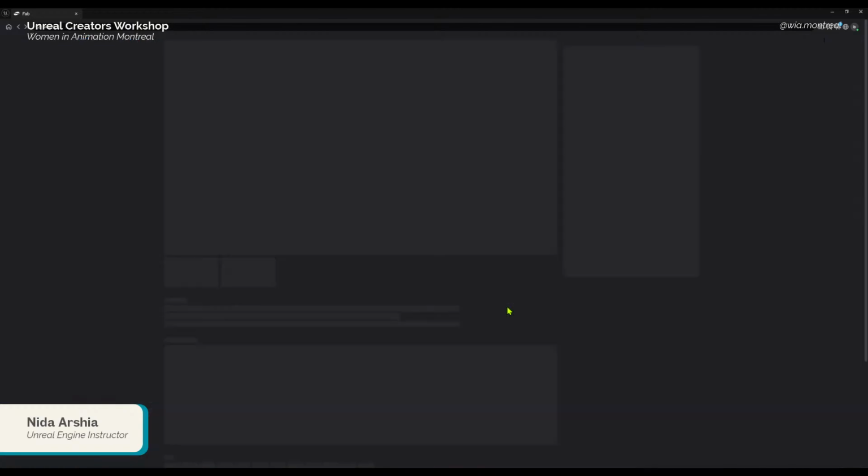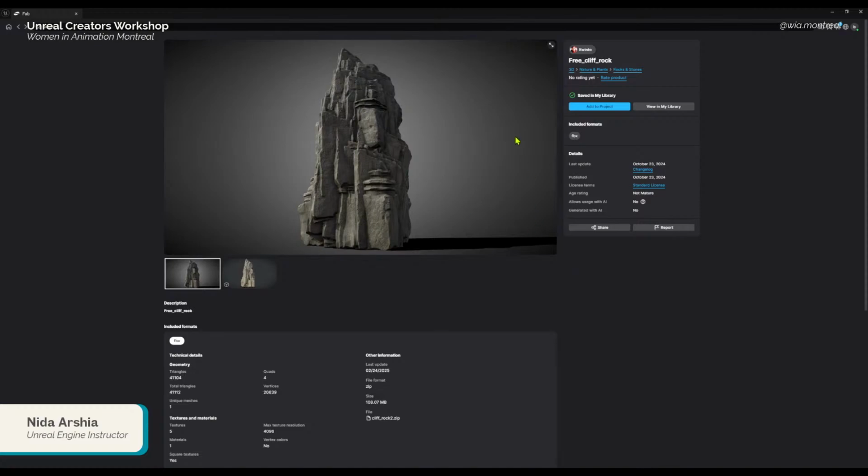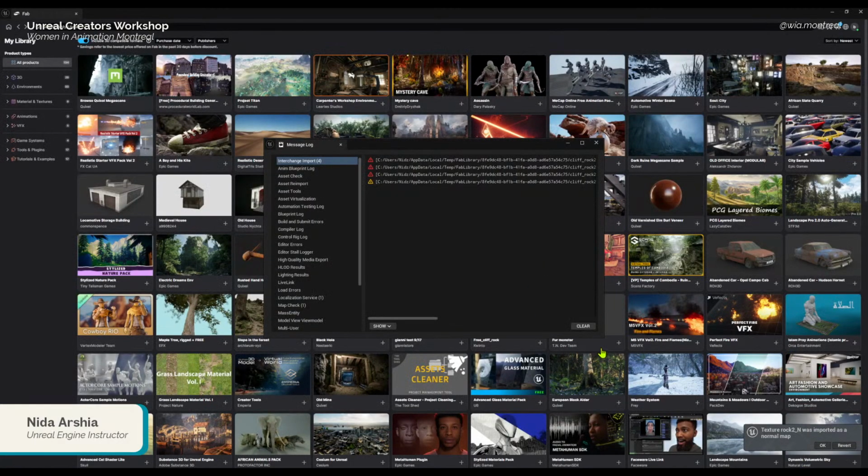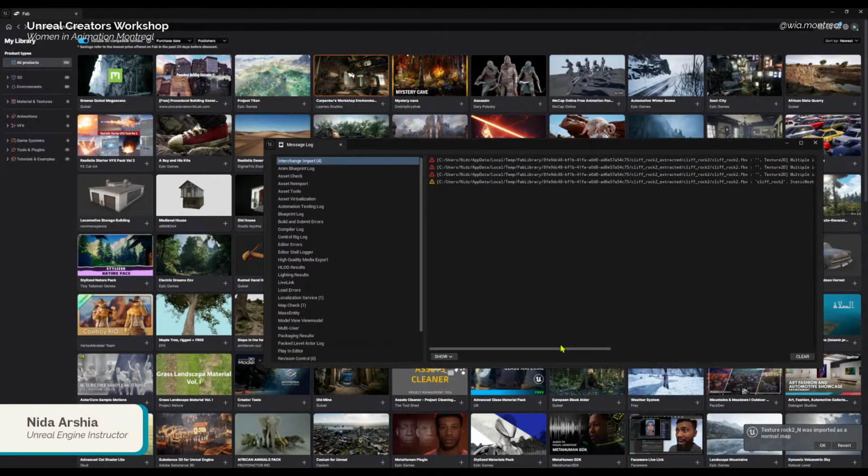Okay, let's try bringing this asset. It is already downloaded, so I can simply add it to project, and it is going to create a folder, and inside the Fab folder, this asset is going to show up there. Okay, so there is some error with the import.